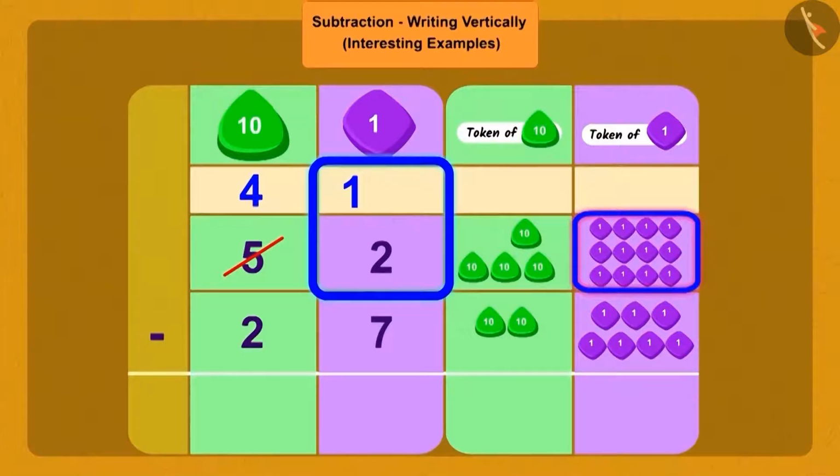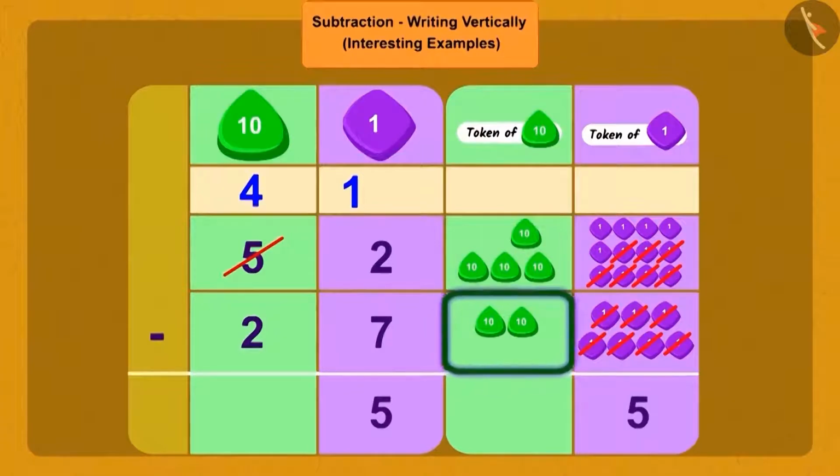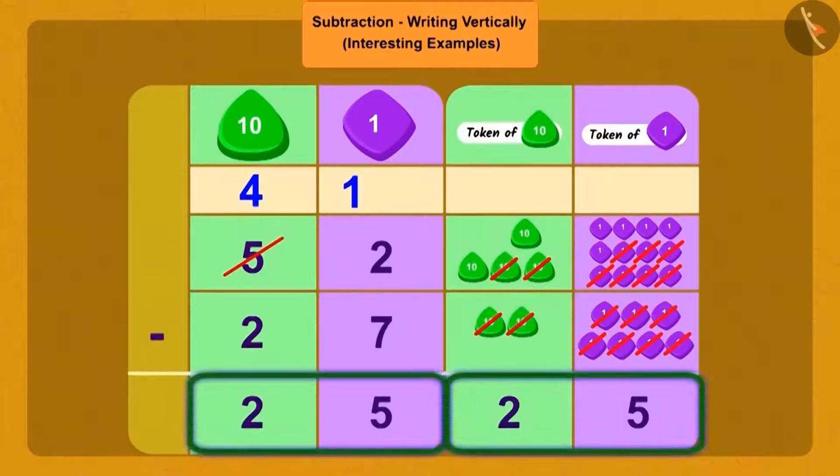12 ones. Now subtracting 7 ones from 12 ones is 5 ones. And subtracting 2 tens from 4 tens is how many tens? 2 tens. So how many more pages did Sher Khan read than Bhola? Absolutely correct. 25 pages. Just like you, the bird has also answered the puzzle correctly.